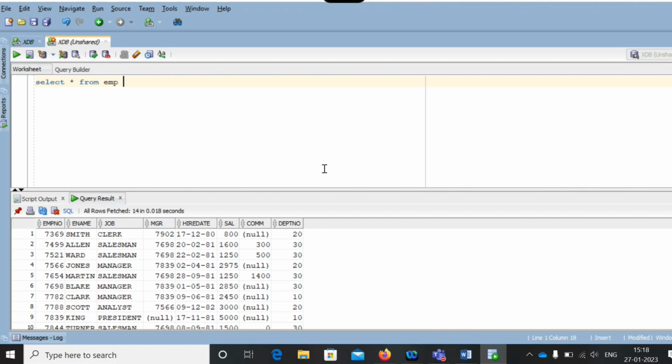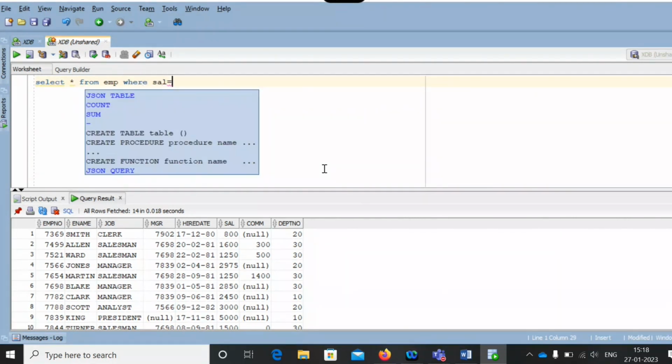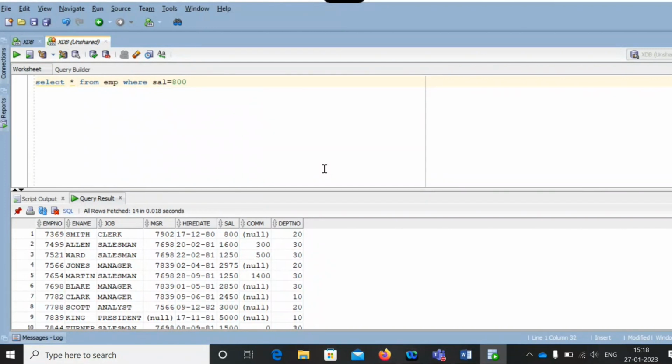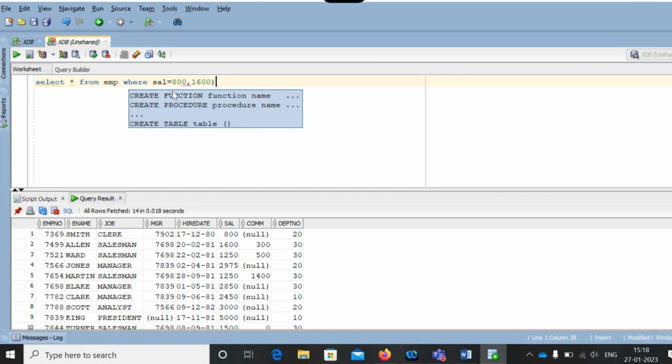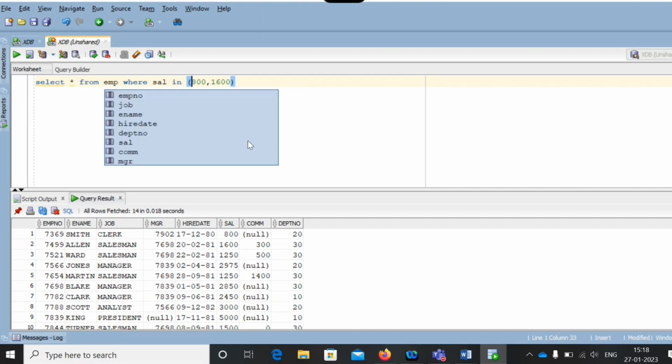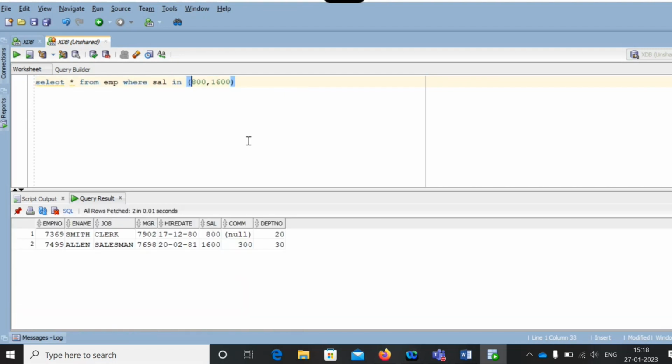See, if you want to retrieve where salary equals 800, 1600, you need to use the IN operator here. The IN operator will split the conditions, each value into a different condition: salary equal to 800 or salary equal to 1600.